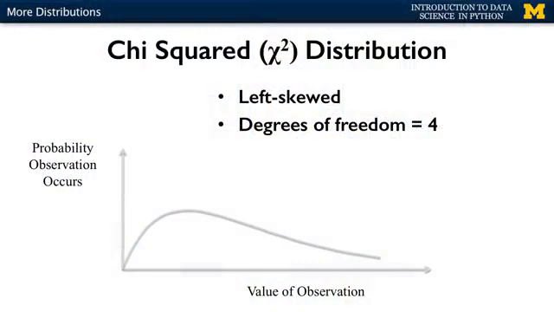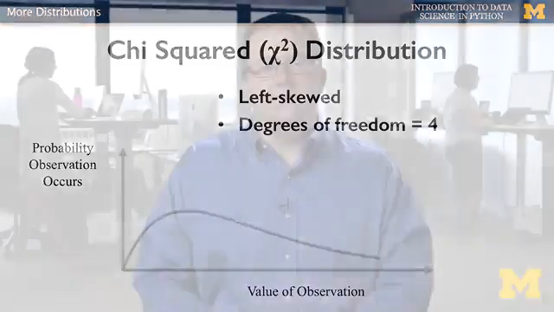Let's switch distributions and take a look at a distribution called the chi-squared distribution, which is also quite commonly used in statistics. The chi-squared distribution has only one parameter called the degrees of freedom. The degrees of freedom is closely related to the number of samples that you take from a normal population and is important for significance testing. But what I would like you to observe is that as the degrees of freedom increases, the shape of the chi-squared distribution changes. In particular, the skew to the left begins to move towards the center,